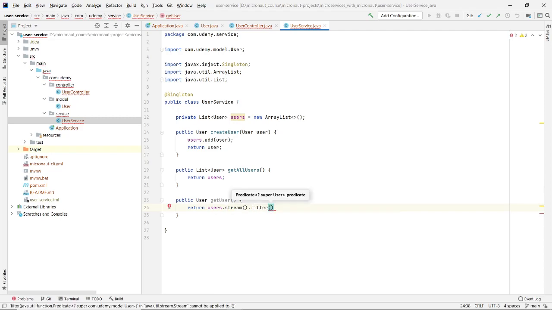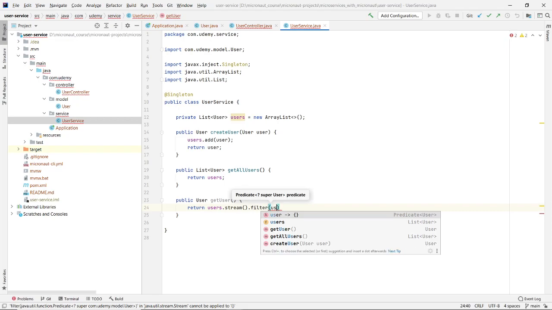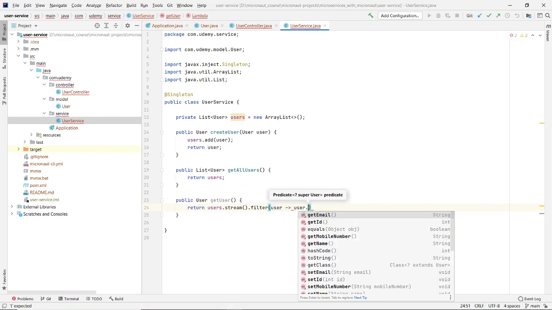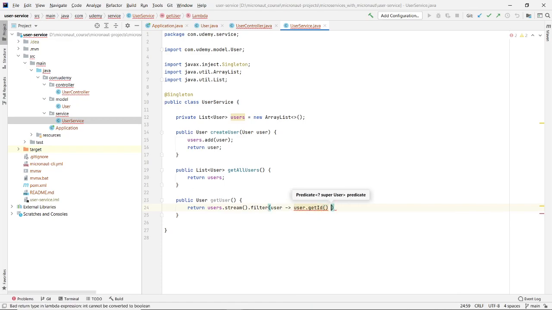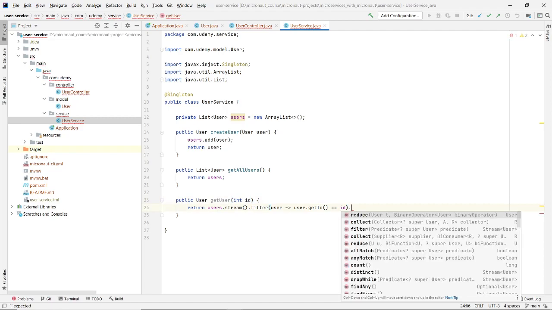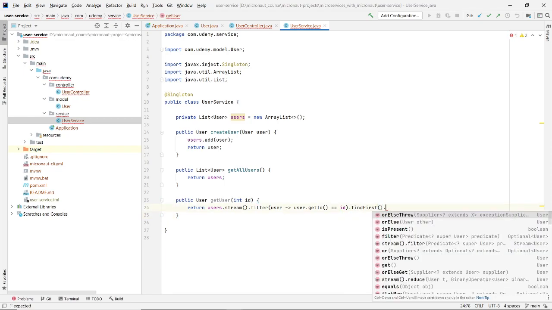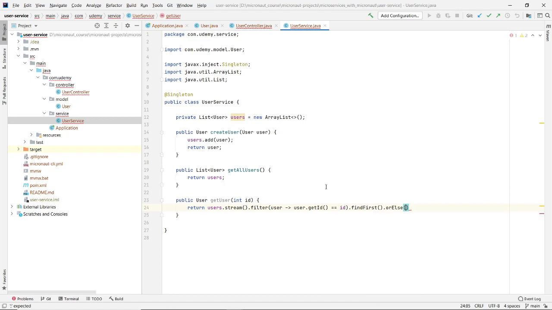So users.stream.filter, return me user where user dot id is equal to the id that we get in our request. So dot find first, and if such user is not present, currently we will return null.